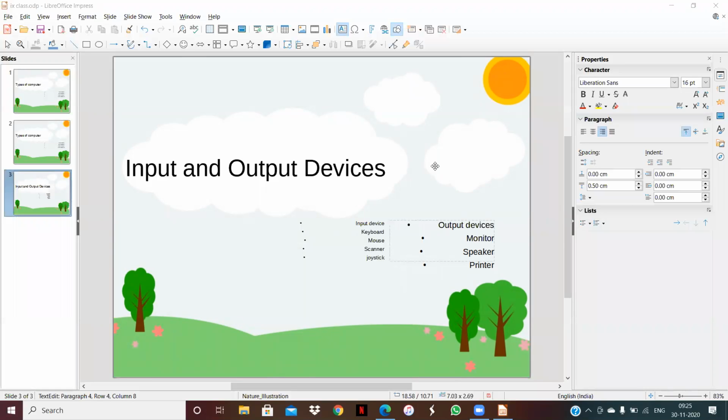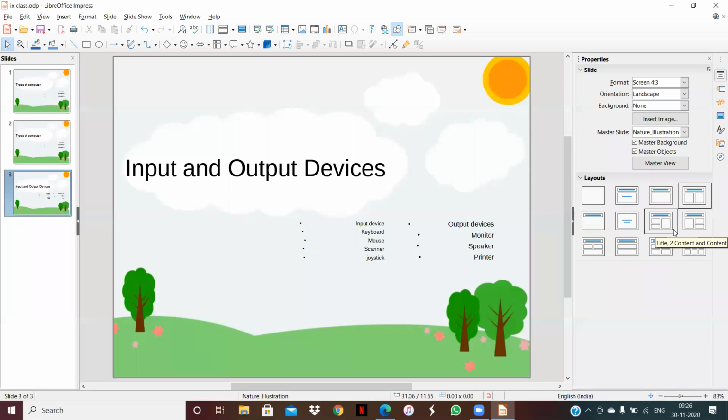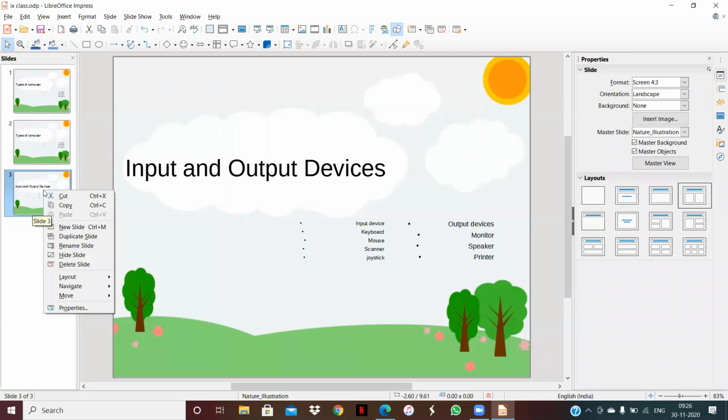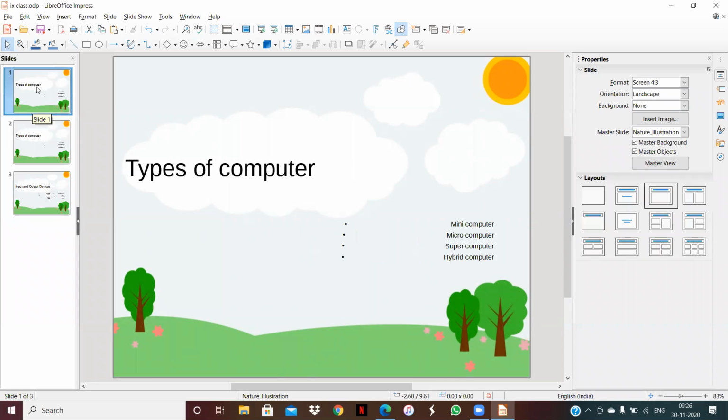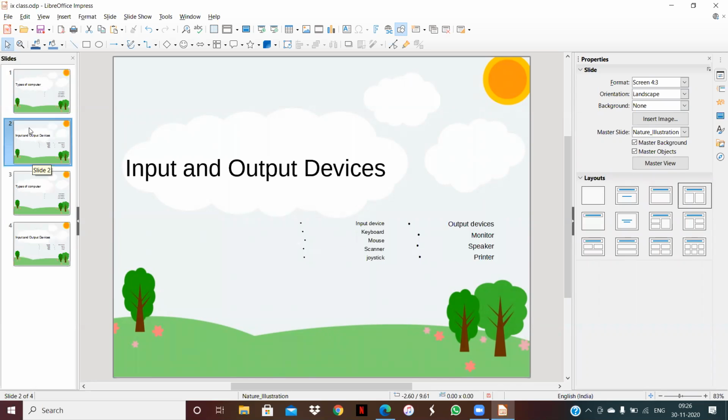In this way, we can select the slide layout from here and then fill in the content. According to our content, we will select the layout from here. Next one is copying and moving slide. Copying means, my dear students, suppose that I also want to generate one copy of this slide. How can you do it? Right click here. You will see copy, and suppose on the first slide I want to paste here. Select the slide, then click on paste. Now you can see this slide appears at the second number.